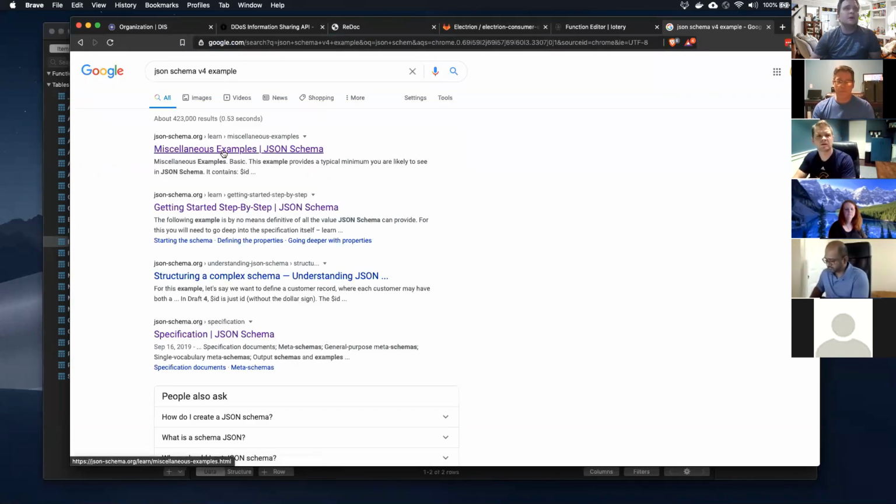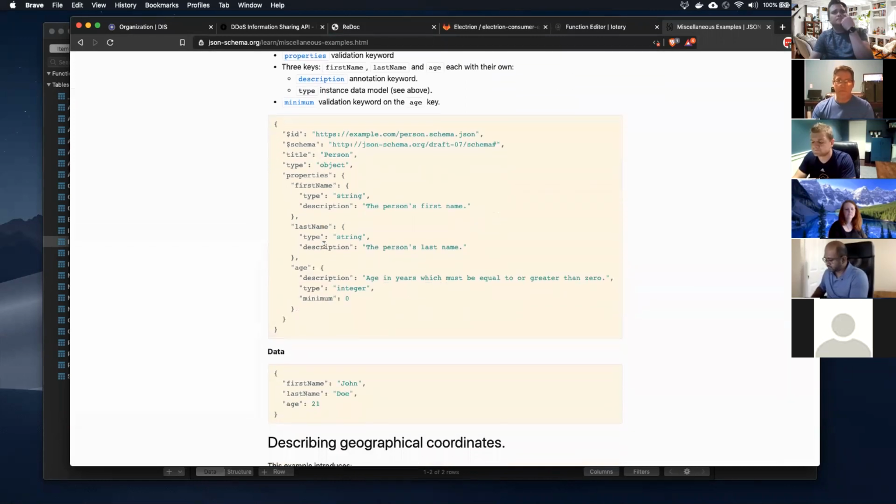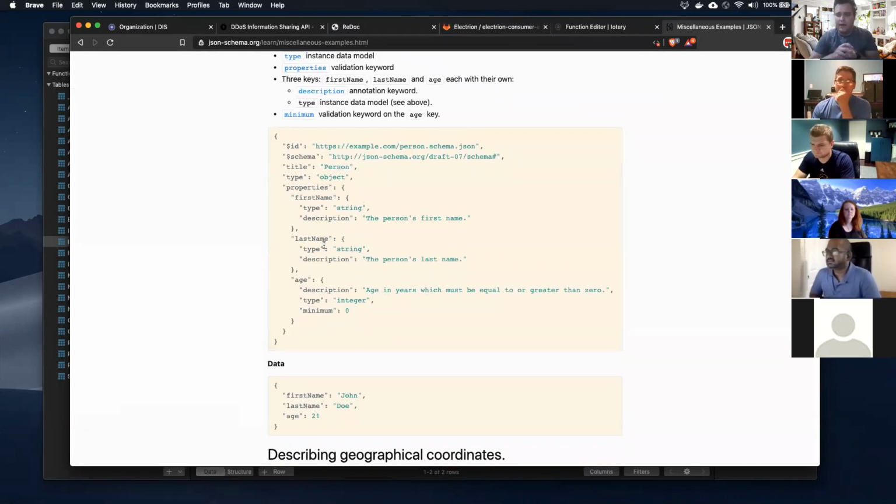So JSON schema is basically a way of defining, from a metadata perspective, the stuff that's in your JSON. So it's actually using JSON to define a JSON structure. You've got title, properties.